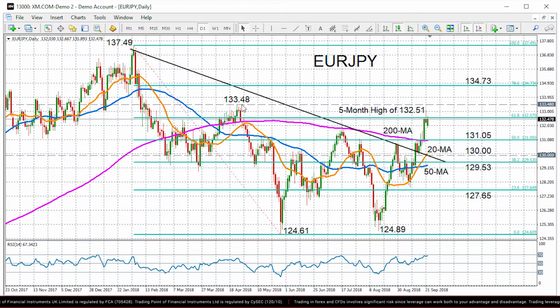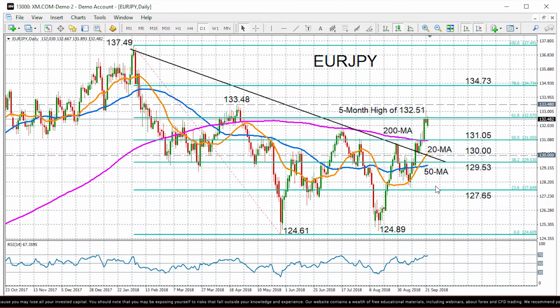of 133.48. A break above that peak could signal the start of a new uptrend, and then the next major resistance after that would come at the 78.6% Fibonacci at 134.73. However, if we do see a downside reversal, which is possible given that the RSI is close to reaching